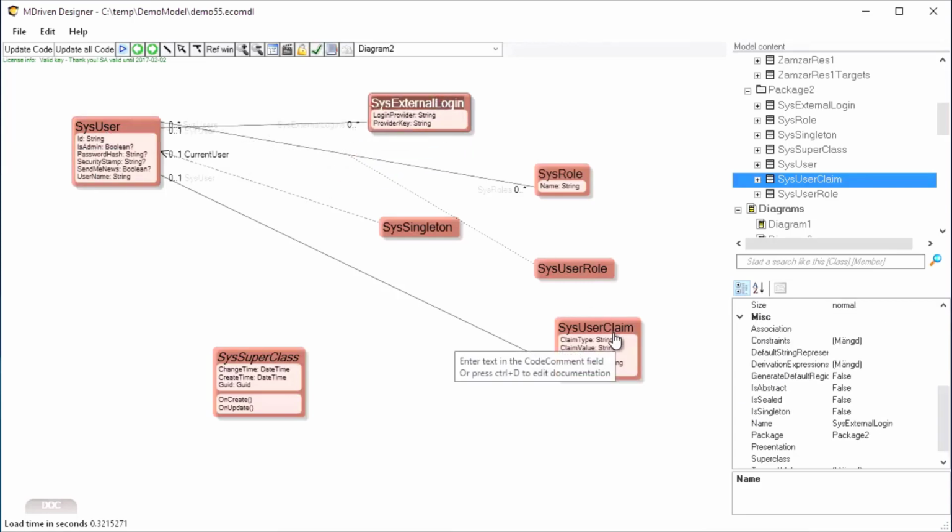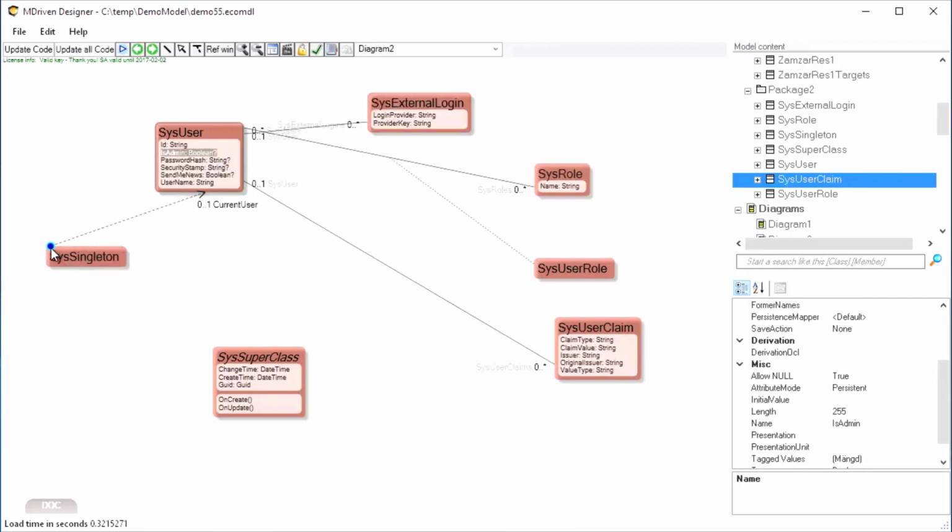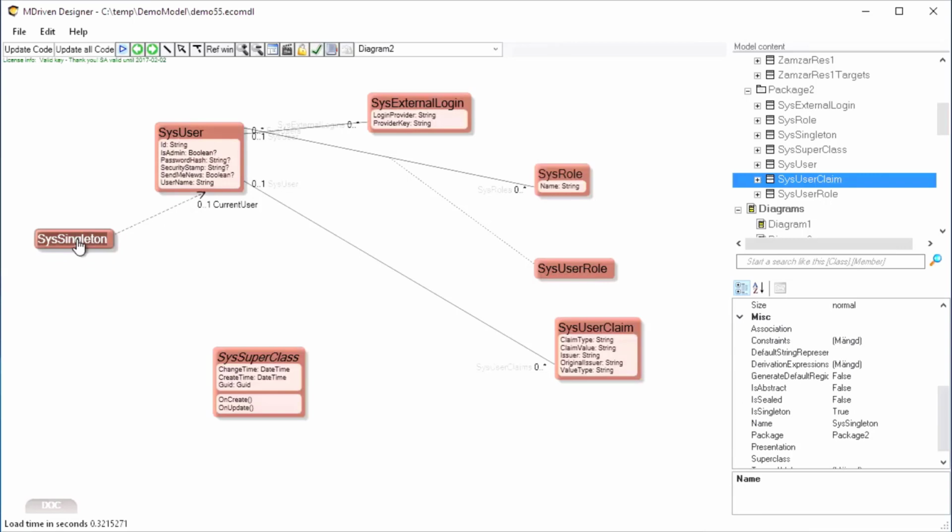And whenever a sys user is logged into your site, the sys singleton will point out the current user in this transient association. So you can always find this class, which is a singleton, which means it has a single object